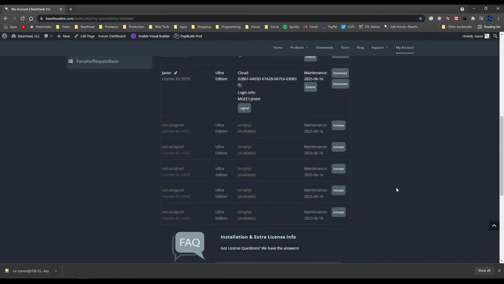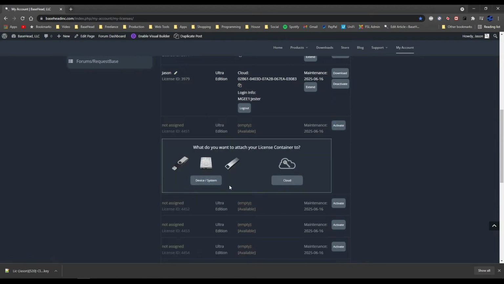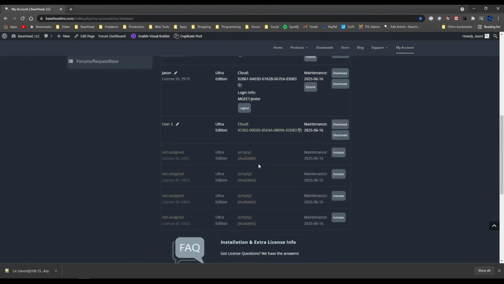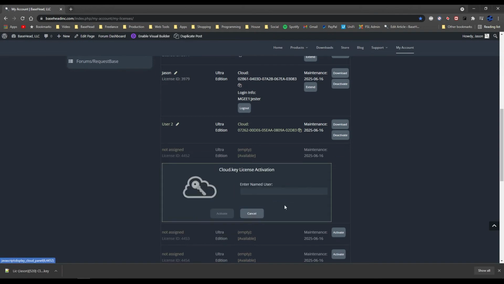Now, if we're in an environment where we have multiple users that all need to be able to log on, so let's say we're a production facility and we need, let's say, 5 licenses to allow 5 people to log on at a time, what we can do is simply activate all the additional licenses we have. So if I activate these additional licenses I've got, we'll call these a cloud key, I'll just call it user 2, user 3,